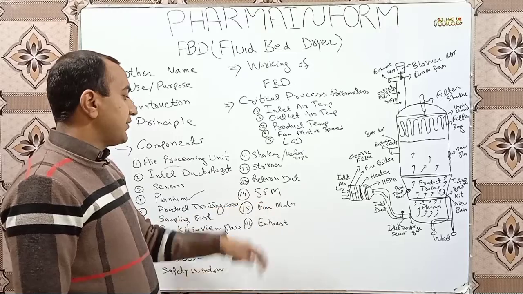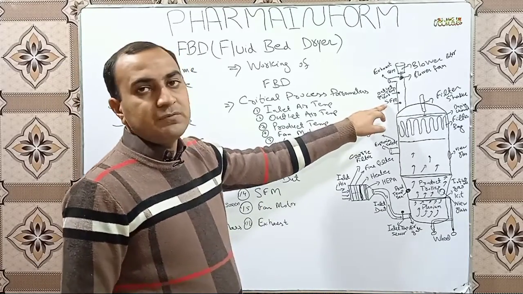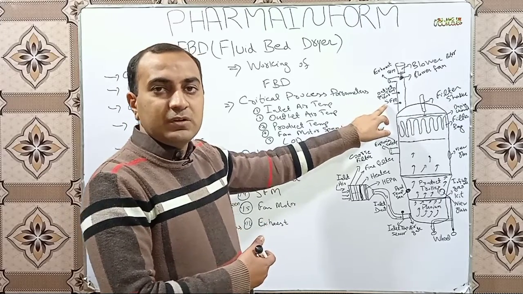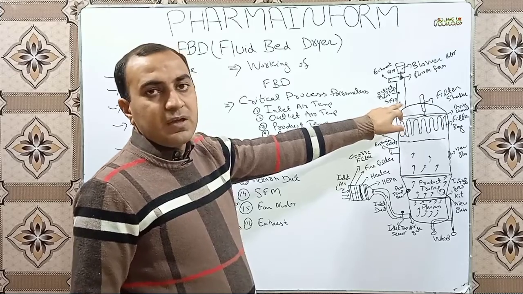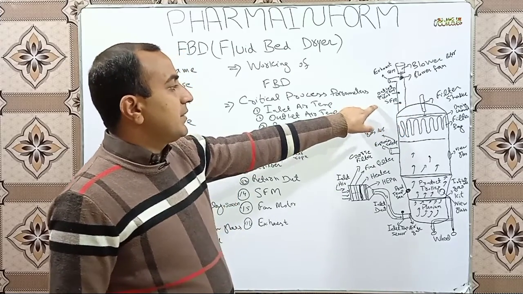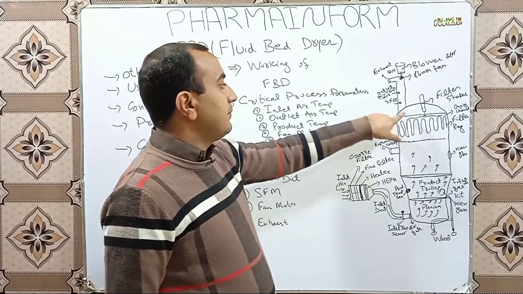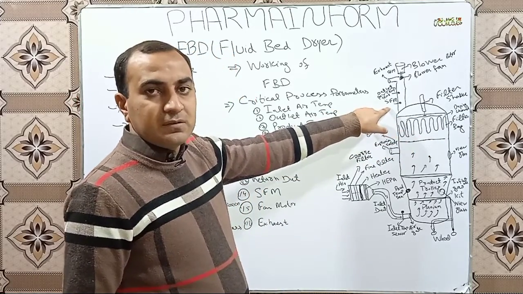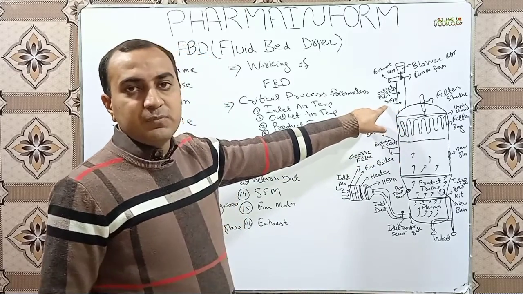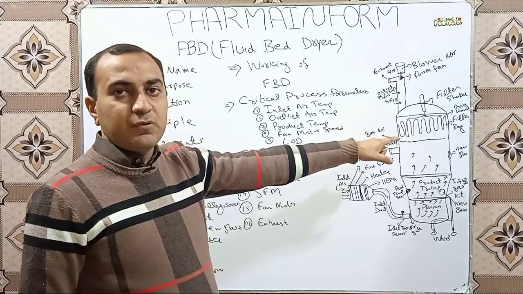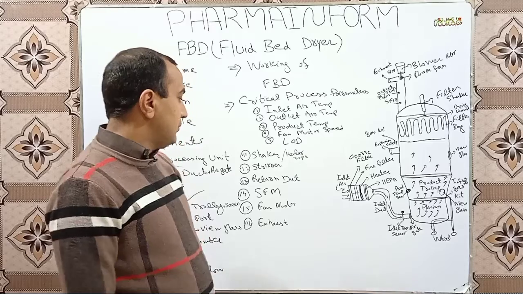The next one is the SFM or solid flow meter. The solid flow meter is basically a sensor, about which we will record a separate video in detail. It is installed in the return duct, and it monitors the flow of powder. If our filters leak and any powder goes outside the filters into the duct, the solid flow monitor sensor senses the powder flow and it stops our dryer and prevents product loss.